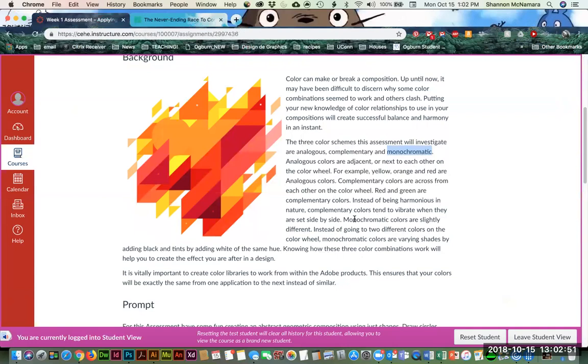Monochromatic, however, that's slightly different. So instead of going to 2 different colors on the color wheel, monochromatic colors are varying shades by adding black and tints by adding white of the same hue, so the same color. So say from really dark blue all the way to light blue. Knowing how these 3 color combinations work will help you to create the effect that you are after in your